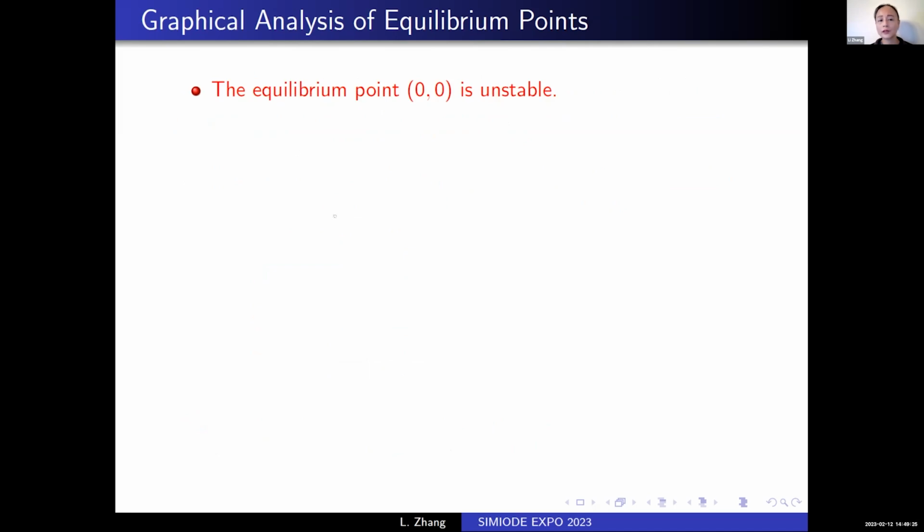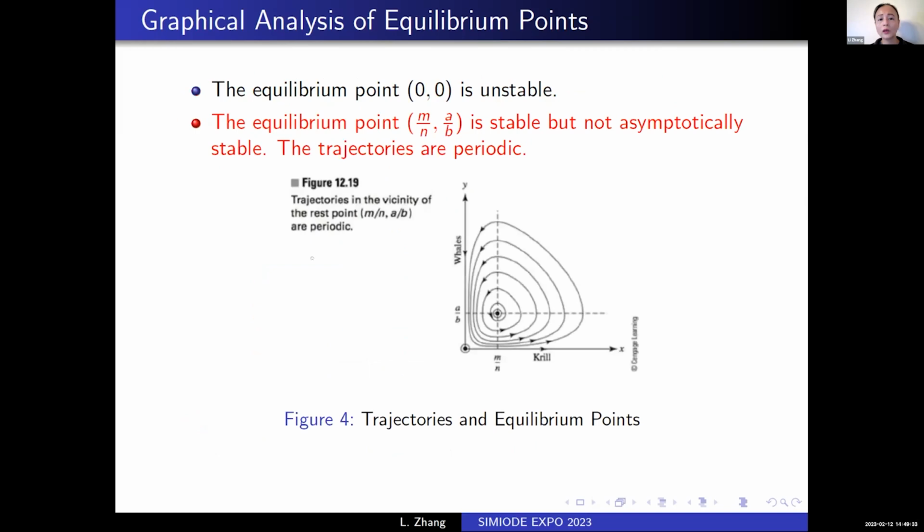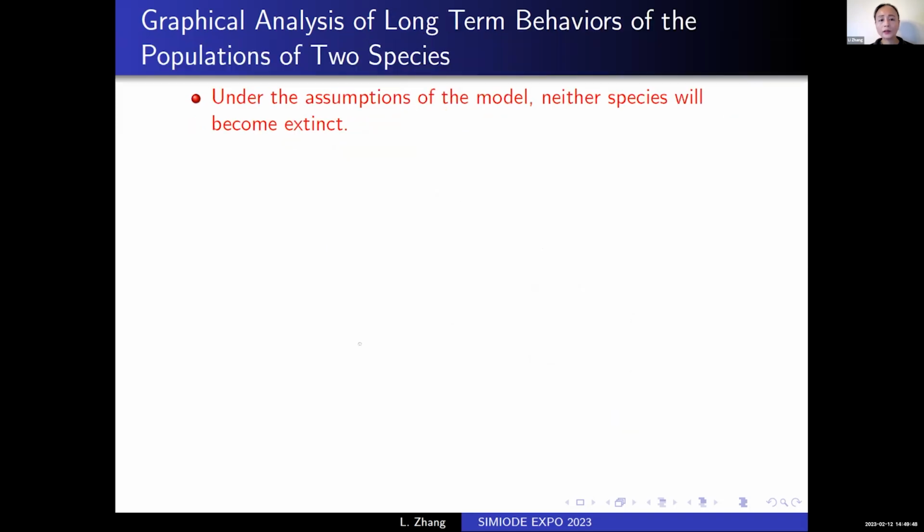After the activities, they should be able to determine that the first equilibrium point is unstable. The second one is stable and periodic, and the trajectory is periodic like this. And they should be able to draw the conclusion under the assumptions of this model that neither species will become extinct, and then